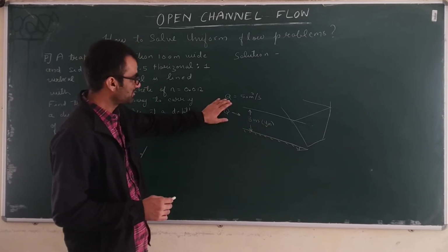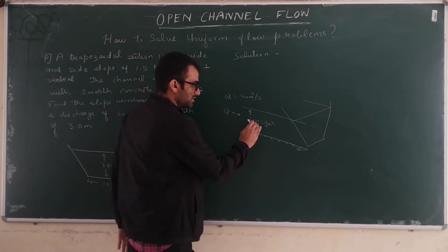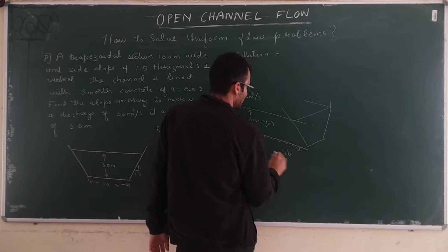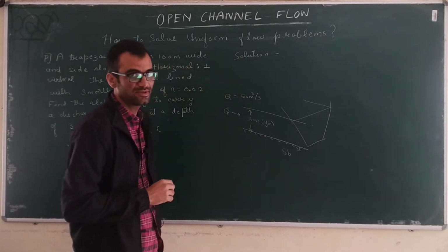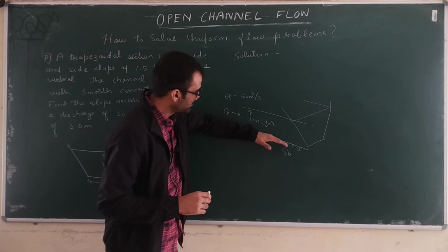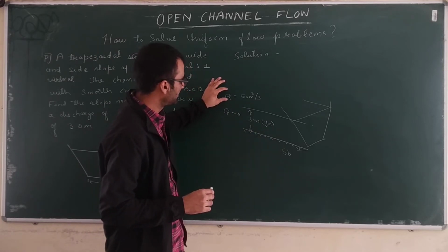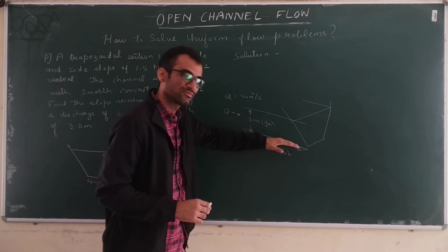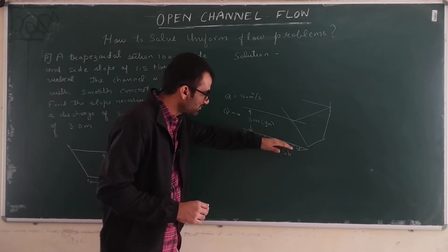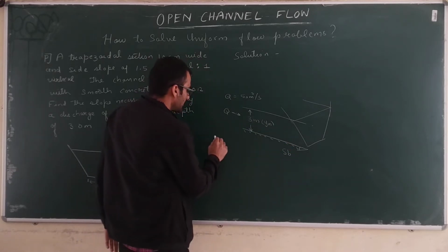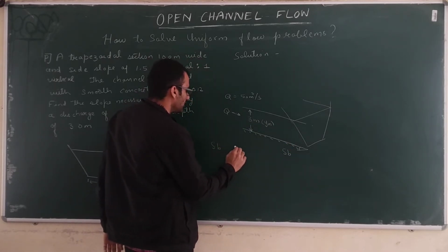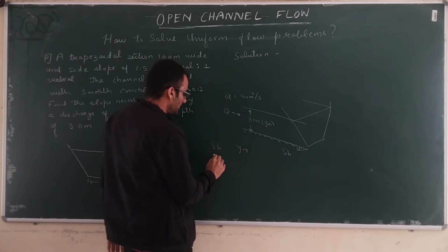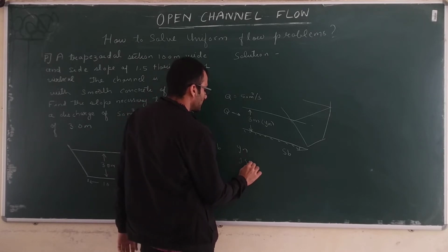So we know discharge, we know what is the flow depth, but what we want to know is at what slope this will be possible. See, for every slope, if you want to send suppose 50 meter cube per second of water in this channel, you can keep any slope. Whatever slope you keep, for every value of slope you will get one value of yn. So if you keep the slope suppose 1 degree, you will get yn as 1.5 meters.